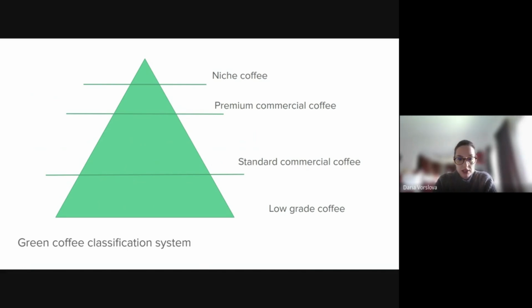So we didn't have specialty coffee. We had those export classifications that we now know about. In Brazil, it's New York classification based on green coffee defect count, screen size and cup quality. In Ethiopia, it's grade 1, grade 2, grade 3. In Kenya, it's AA, AB, Peaberry, C grades, etc. So we had these green coffee classification systems, and we had low grade coffee, like standard conventional coffee,